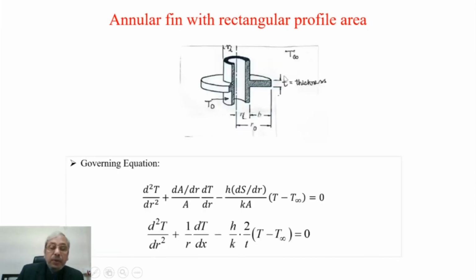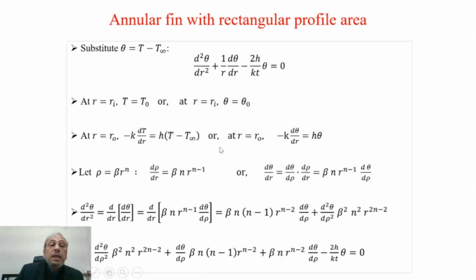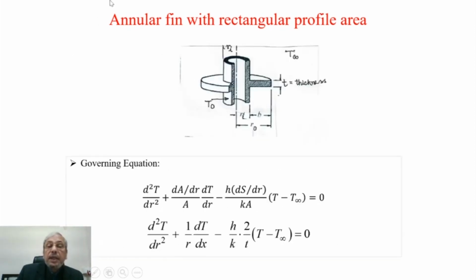I mean, absolutely simple substitution, T by theta. At r equal to ri, T equal to T0, which is the base temperature, we can write theta equal to theta naught, and at r equal to r0, that is basically the outer radius,